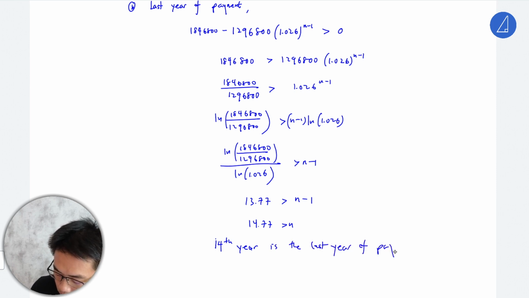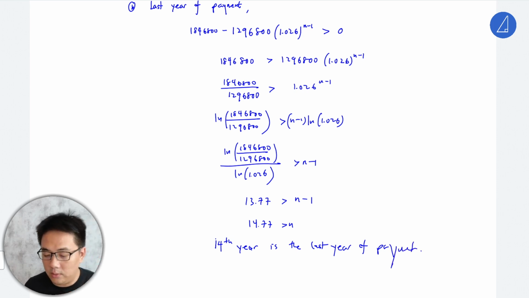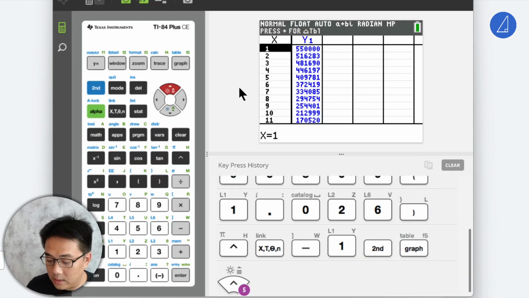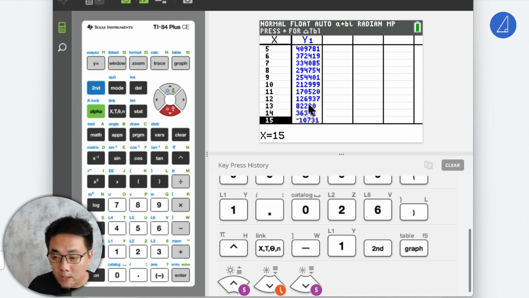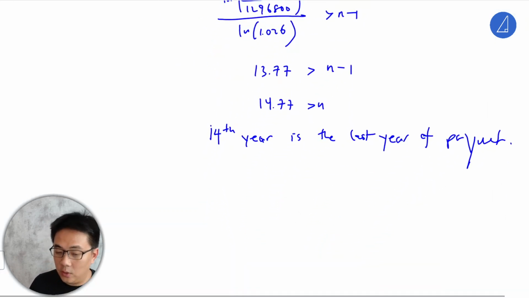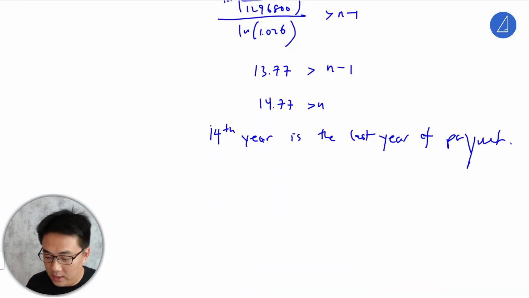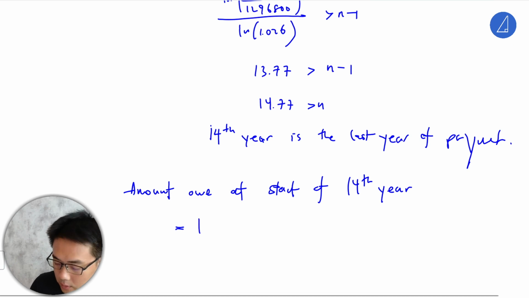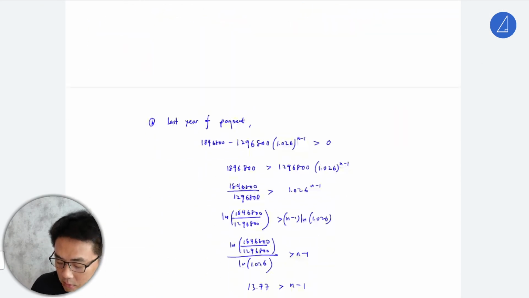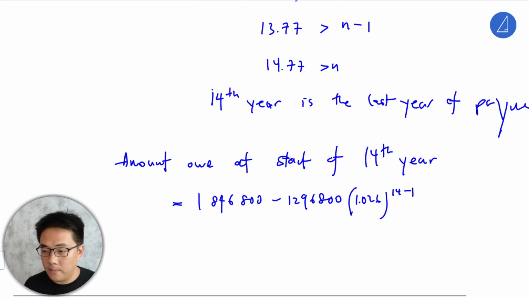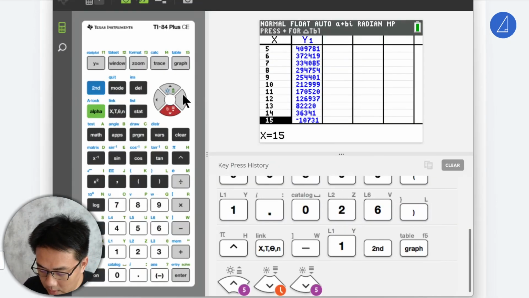Actually, you can also use the GC. The GC will tell you, from the table you plotted just now, you scroll down to the 14th year. That will be the last year where you finish paying. So the amount you owe at the start of the 14th year, you just take 14 and put it into this expression, because that's the amount you owe at the start of that 14th year. Or you can just use the GC. The GC will tell you that this is